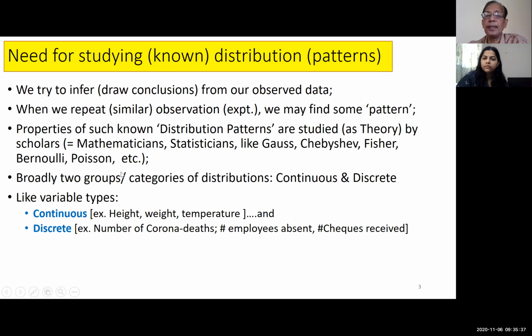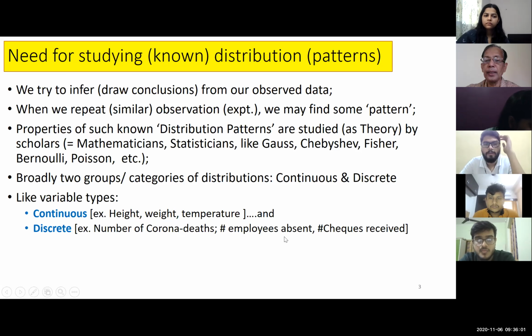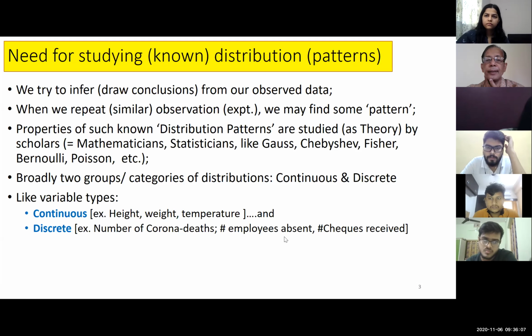Now, just to understand how we categorize the distributions, please recall the way we might have discussed variables. I think if you remember, variables are of two types. One is continuous variable, another is discrete variable. Have we discussed earlier the definition and distinction between types of variables? Any volunteer who can quickly tell me what we understand by continuous variable and discrete variable? Accordingly, we can extend it to the meaning of distribution.